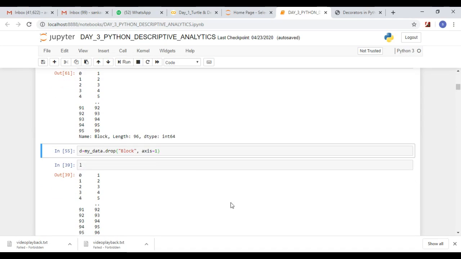Then again I am going to delete that block. So D equal to my data drop. For deleting I am using drop. Drop actually I have executed.